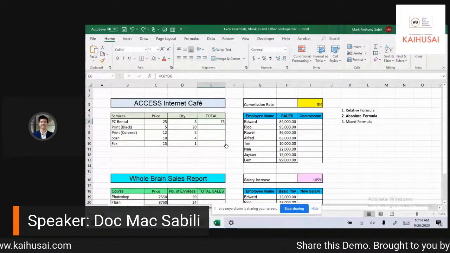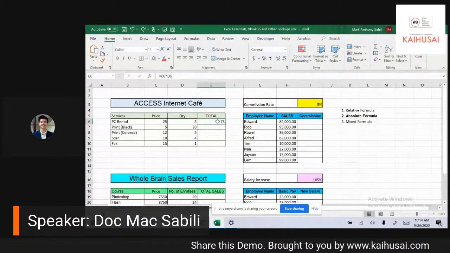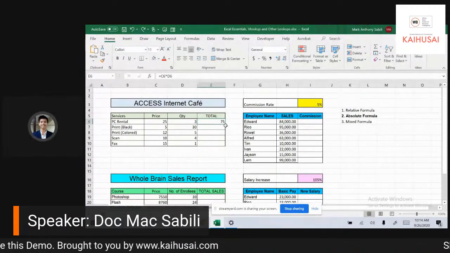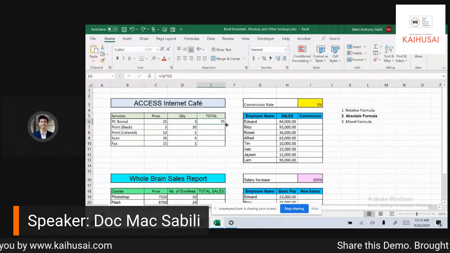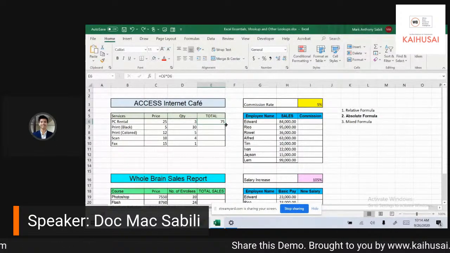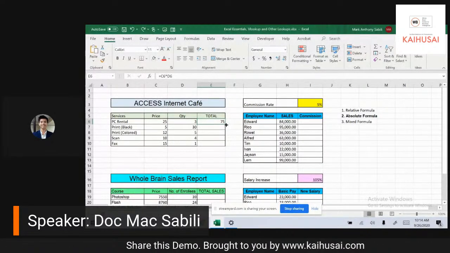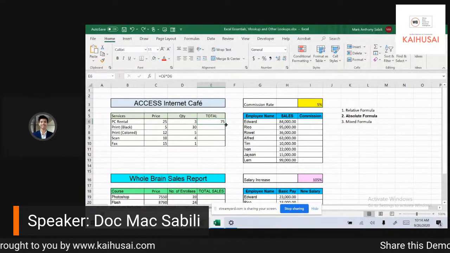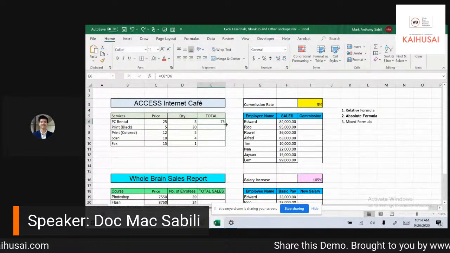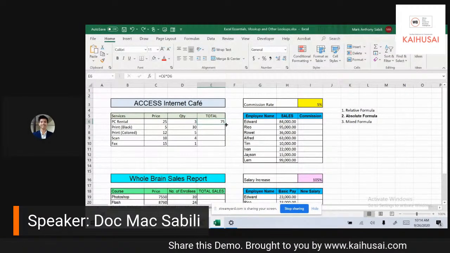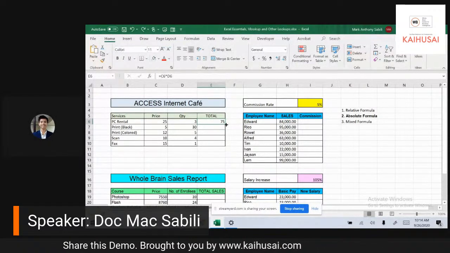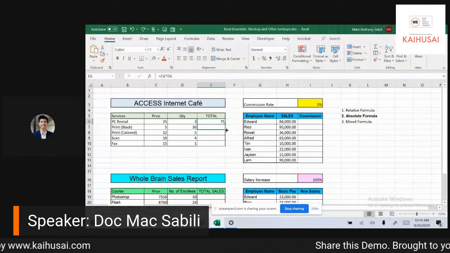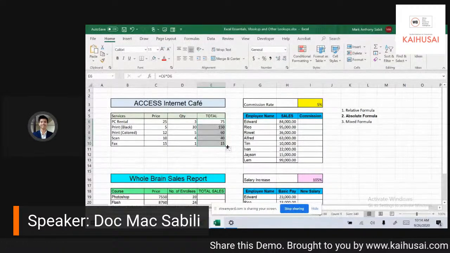Instead of doing that, you can just click here and locate the lower right portion. Place your cursor there, and if your cursor turns into a plus symbol, instead of dragging like this, which is the traditional way,